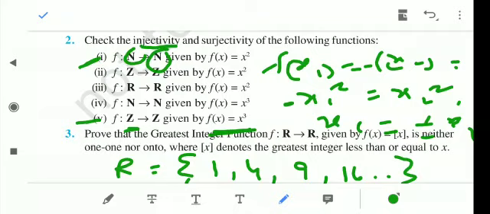Now look at the range of this function. If we take, suppose, -2, the range value is -8; for -1 we have -1; for 0 we have 0; and corresponding to 1 we have 1 cube. But in Z, the range will be -8, -1, 0, 1, 8 and so on. So the range again will not be equal to the codomain, therefore the function is not onto. So in the fifth part we can say the function is 1-1 but not onto.